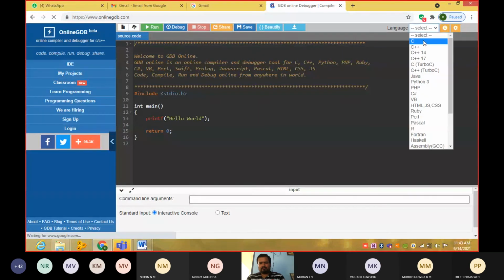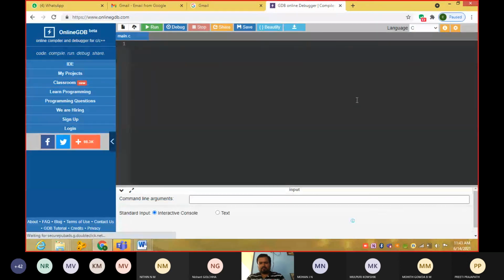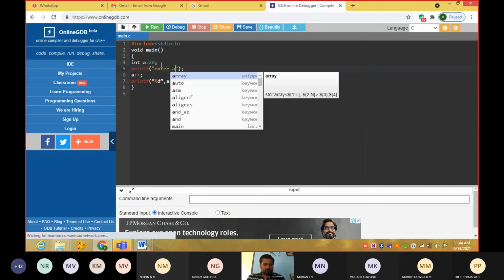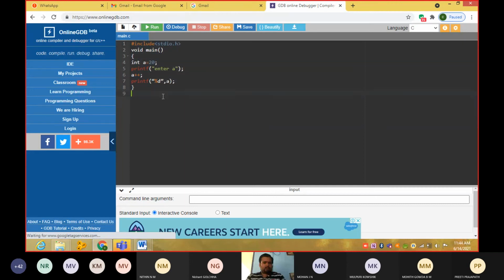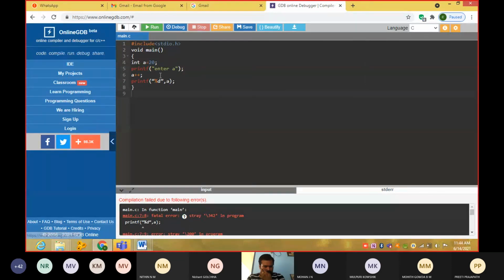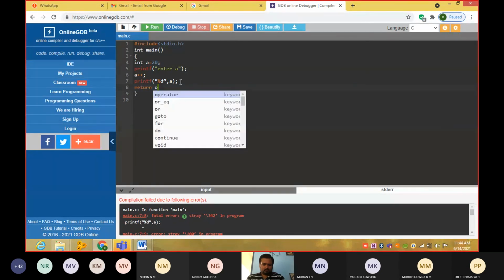Control A, control V, hash include. int A is equal to 21, int F, enter A. See here, main, return 0.